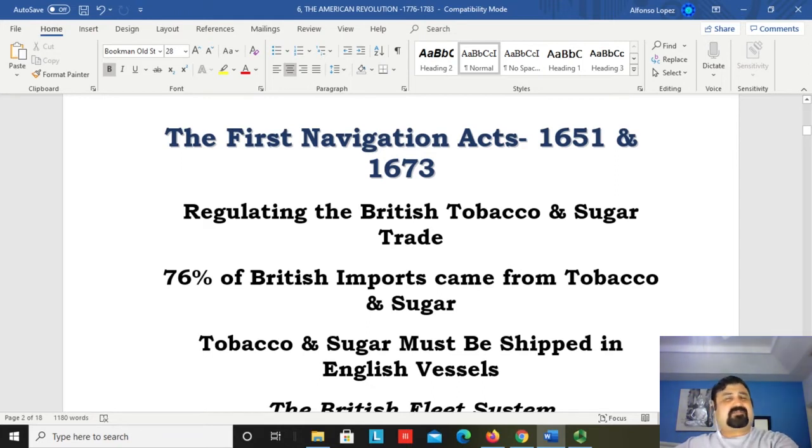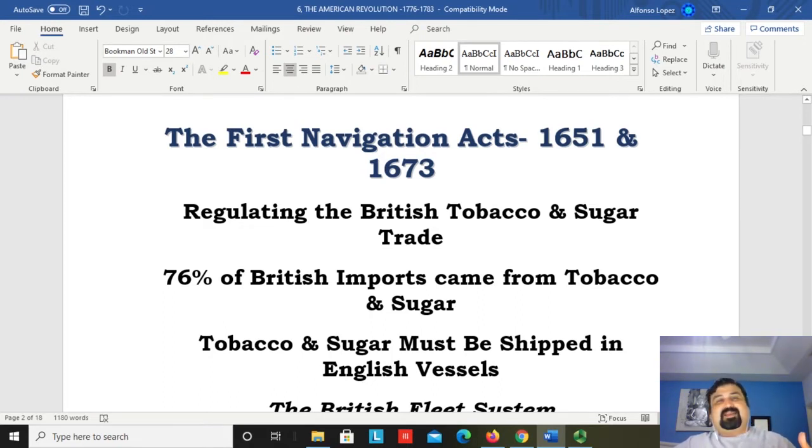So as early as 1651 and again in 1673, the British Parliament issued the very first Navigation Acts that were intending to only regulate two particular products that were produced in their colonies. Again, it's not that the British are not interested in regulating all of the trade. It's just that the most important cash crops, the most valuable, actually,